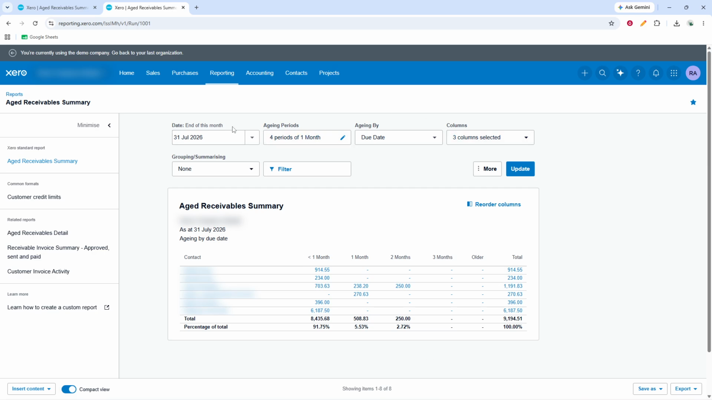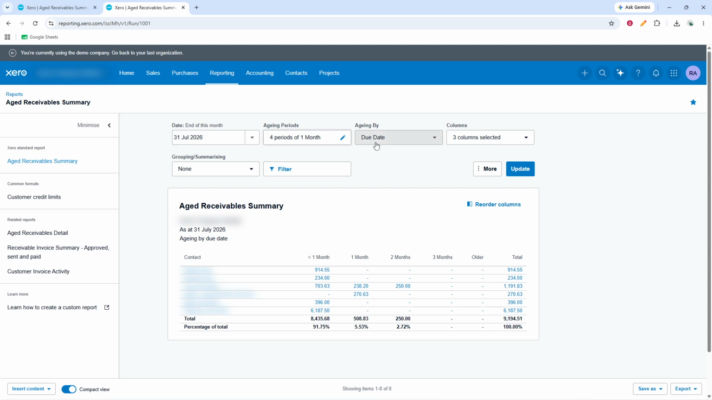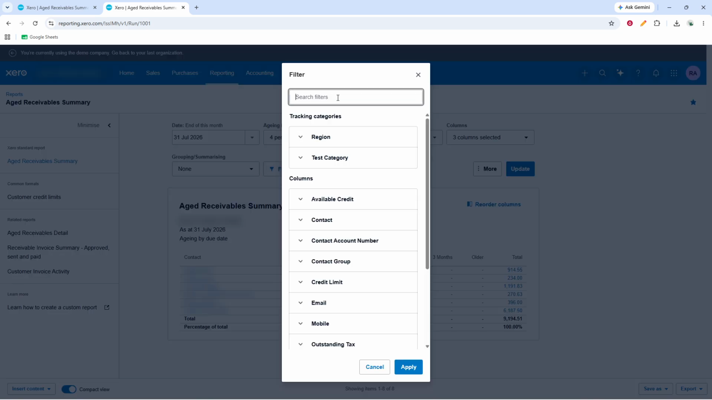You can change the aging periods to control how the outstanding balances are grouped. You can also set aging by, depending on how you want the report to calculate the aging detail. If you need a different layout, adjust the columns shown in the report. You can also apply filters to narrow the results if you only want to focus on certain transactions or customer